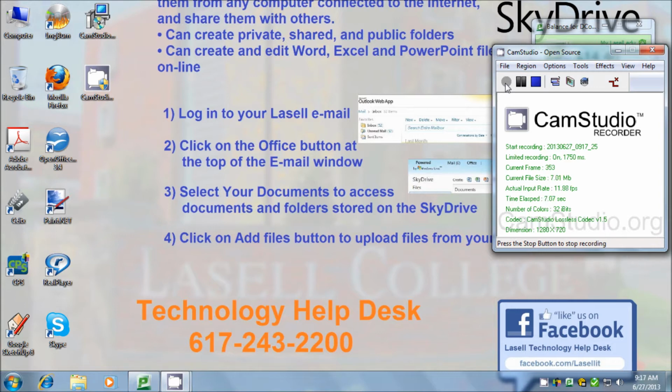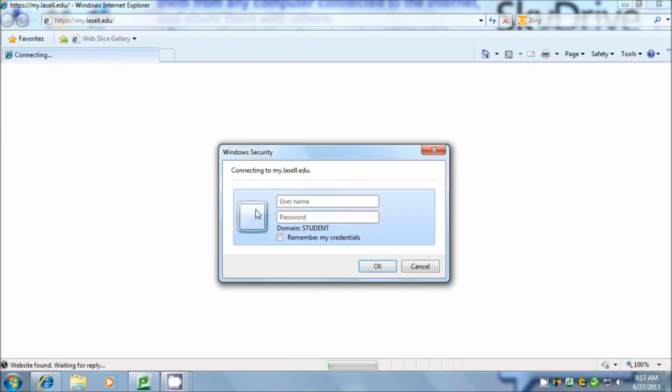The best recommendation for using Moodle is Firefox, but most of the computers here at Lasell use Internet Explorer as the default browser, but you can easily change that. So, first thing you want to do is choose whatever web browser that you're comfortable with, either Firefox or Internet Explorer, and when you click on either of them, for Internet Explorer, it automatically brings you to